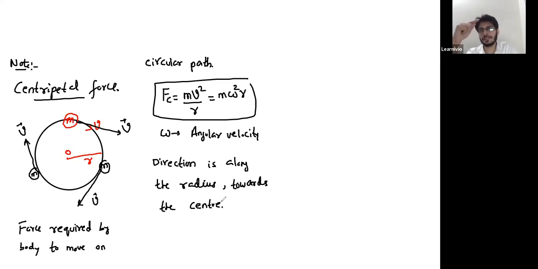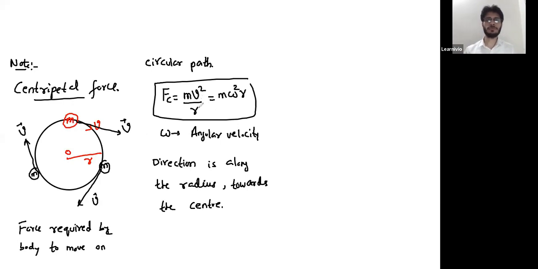Just like planets, the moon is revolving around the earth. So to revolve around earth, the moon needs centripetal force, and that centripetal force is given by the gravitational force between moon and earth. In the same way, electrons are revolving around the nucleus. So to revolve around the nucleus, electrons need centripetal force. These are the cases in which a system needs centripetal force. Whenever a body is moving on a circular path, it needs a force which is centripetal force.